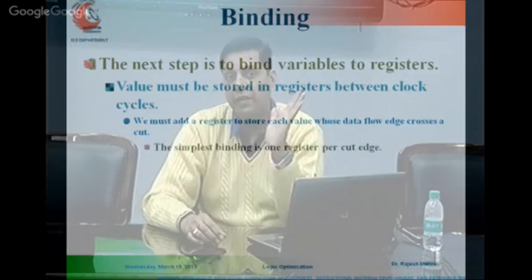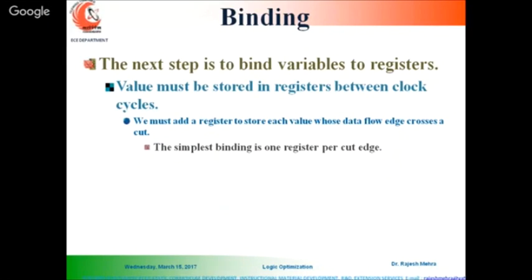Now the next thing is binding. Binding is basically allocation of resources. Allocation of resources is linked with what? It is linked with area consumption. Whenever we optimize our design, we always consider area consumption, and your scheduling is basically linked with your speed, because you are scheduling your clock so that you can perform different sections of your design in a very efficient manner, so that you can get the output in very less time, right? So initially what we do basically,